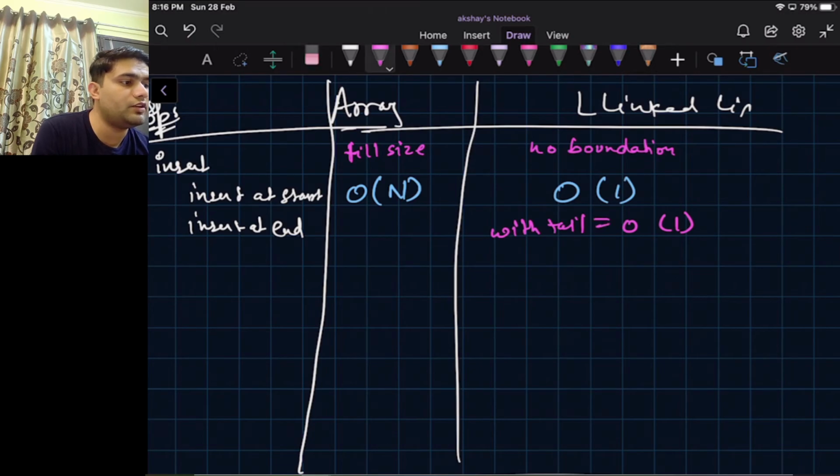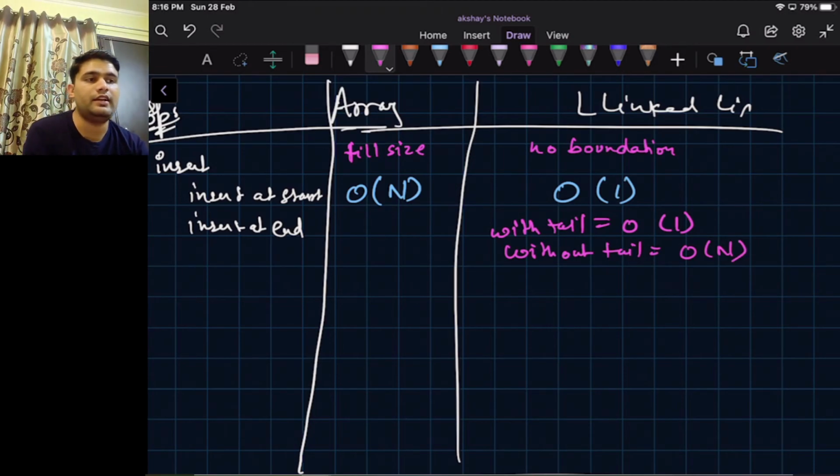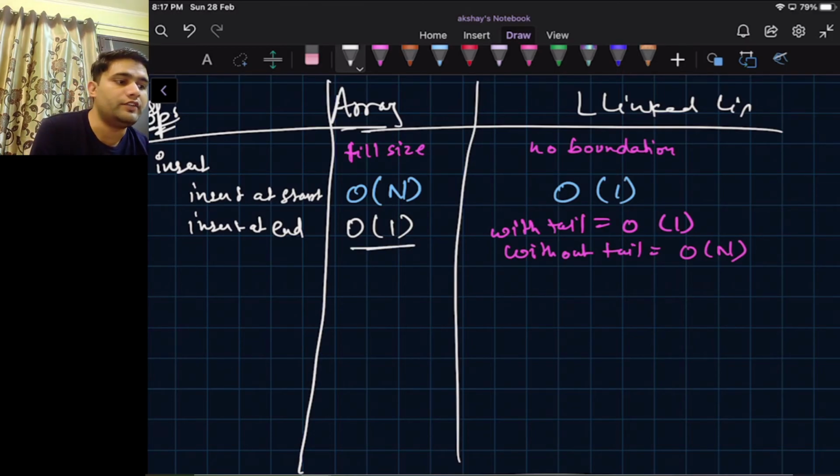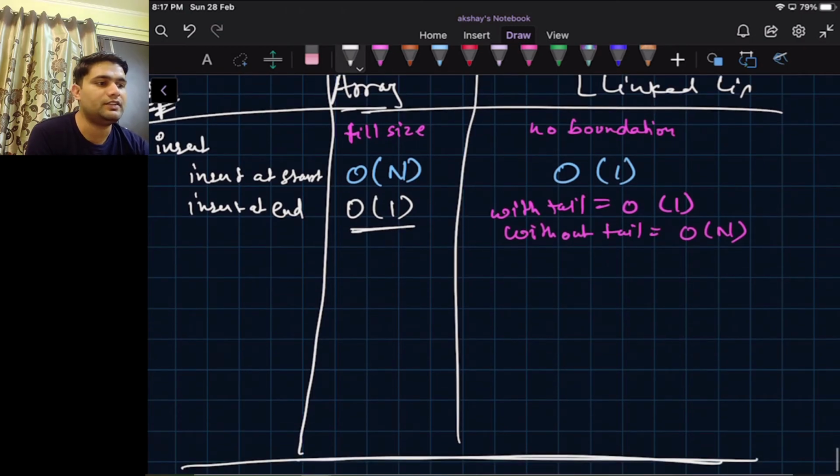Without a tail pointer, it was big O of n, because we are doing the crawl. In an array as well, we need to traverse the array, or we can find the last index of the array, and we can insert data there only when the array is not fully filled. If it is fully filled, then we cannot do anything if it is not a dynamic array. So this is how insertion at end happens.